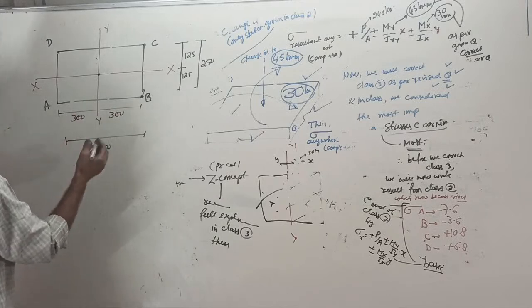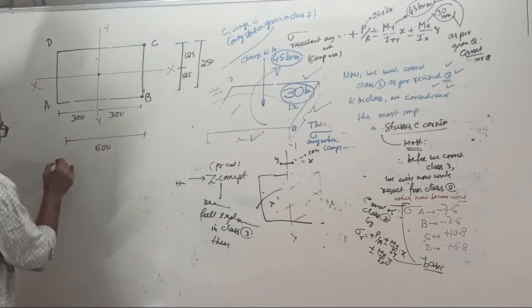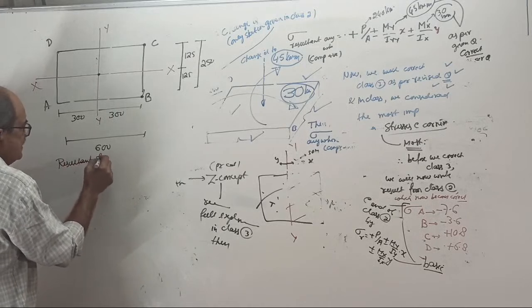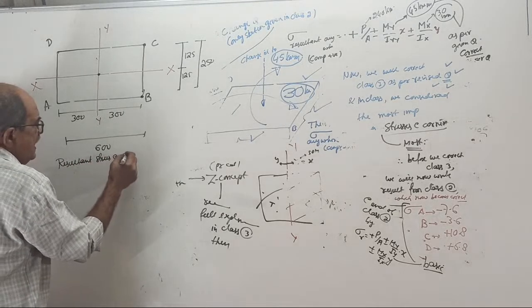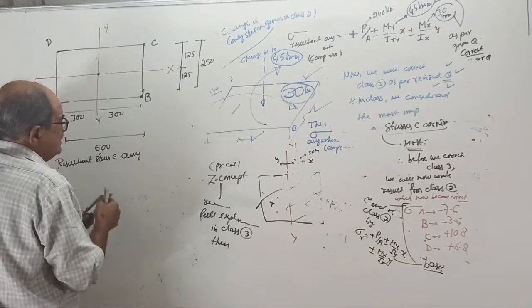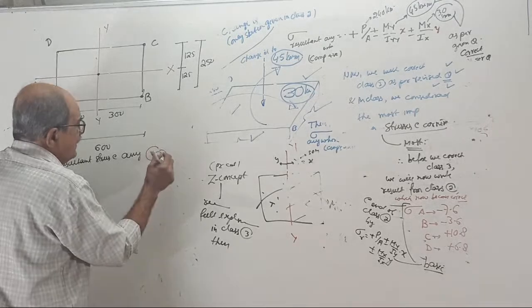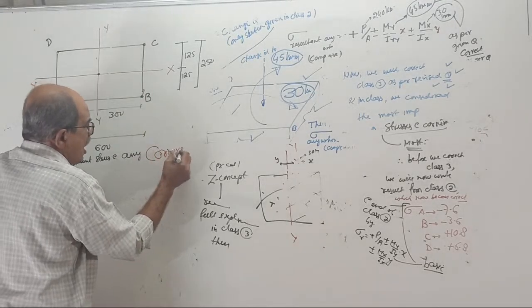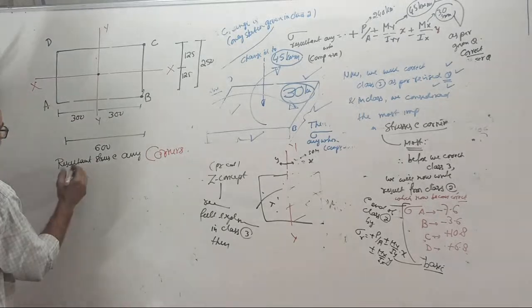And then the resultant stress at any corner, remember, only corner. You cannot take a random point here. At the 4 corners it is given by